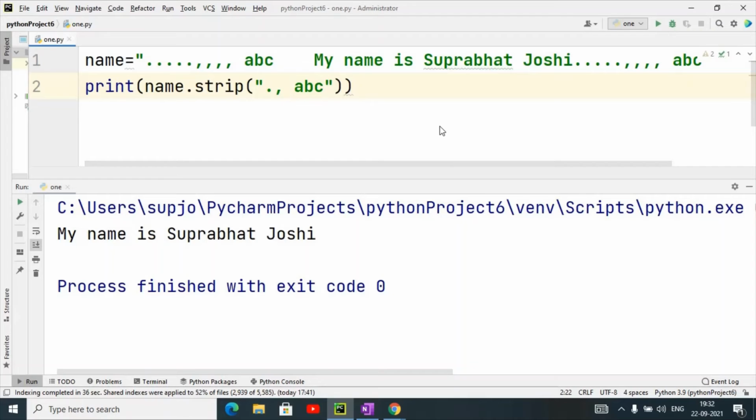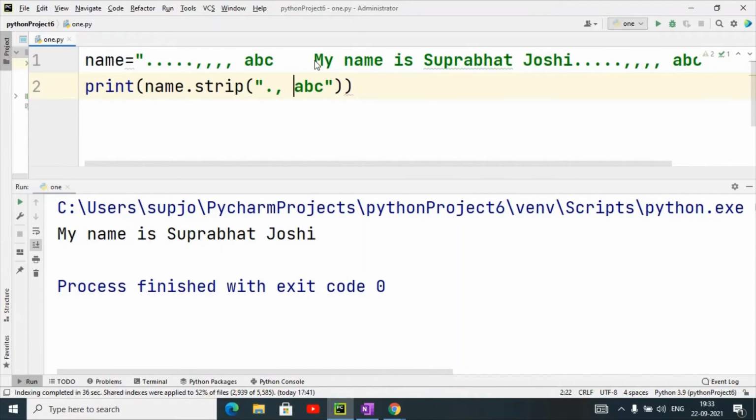Sir, if in the same sentence, in between name and is, you give a blank space, will it remove that one also? Pardon? So in my name is, in between name and is, those two words, if you give a blank space, will it remove that one also? No, I told you only from the beginning and end. It will work from the beginning and end, not inside the string. Okay, sir. The matching criteria work only on the beginning and the end.